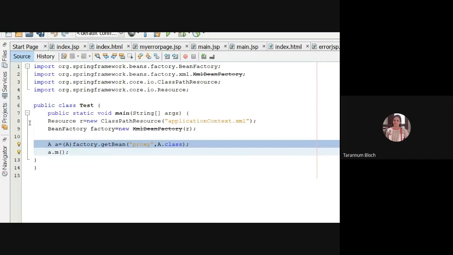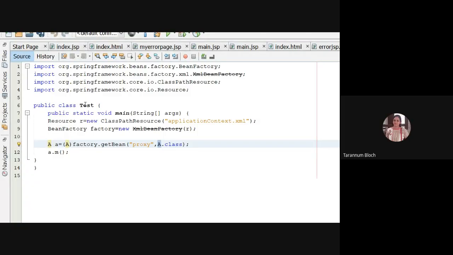Now we are loading it as well. We have to talk about the main aspect, which is A, right? So we are writing Class.forName to load the class file, which is A.class, and now I'm calling a method a.m. So this is the join point. M is the method which is in execution.